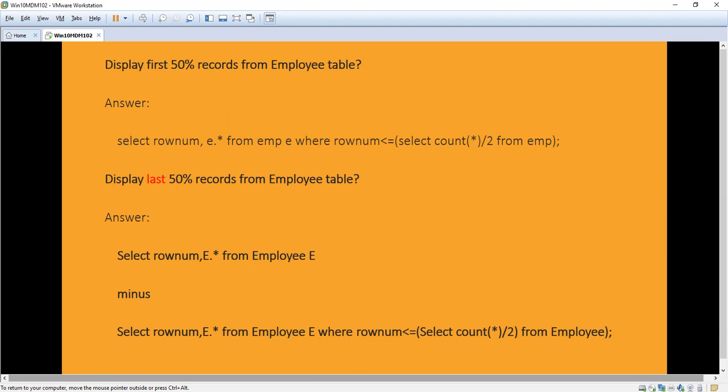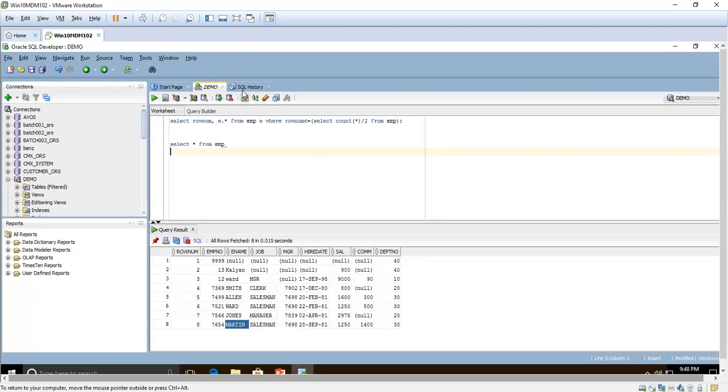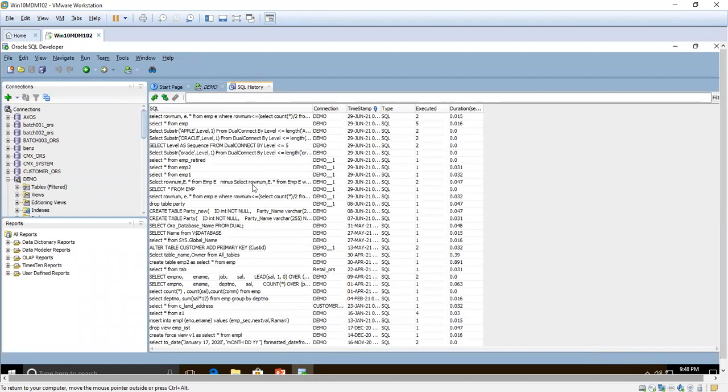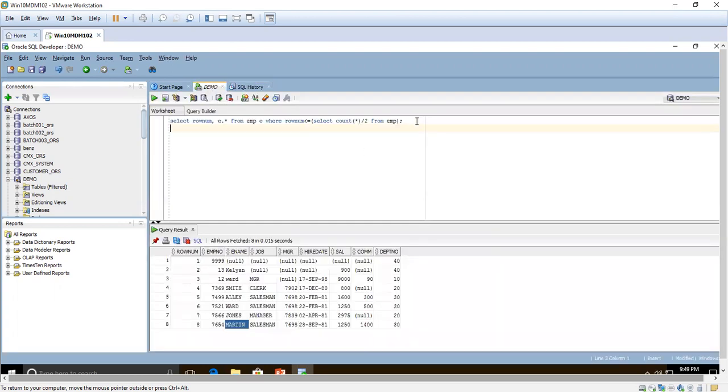Then we can display the remaining. Then we will write it.